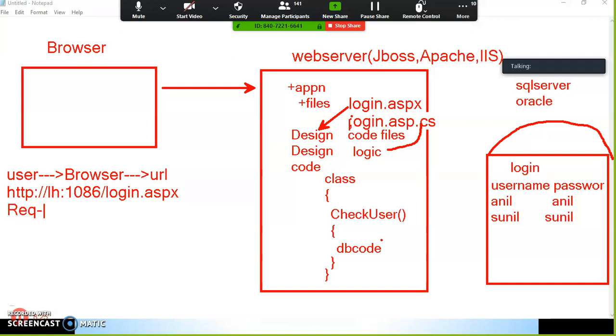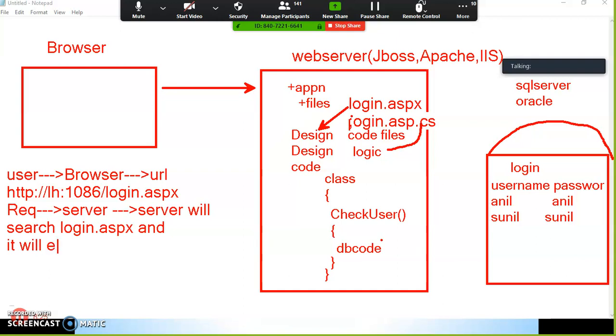Then the request will go to the server. The server will search for login.aspx, execute the server side code and convert it into an HTML file. Your server side controls will again be converted into HTML, and it will load the HTML in the browser.